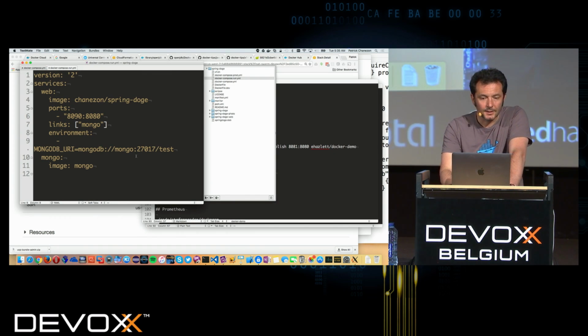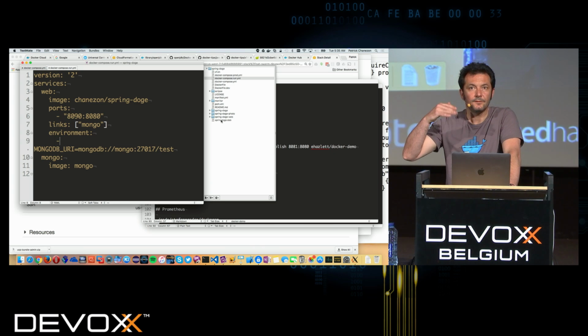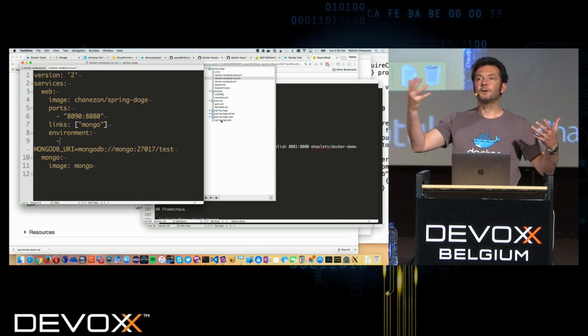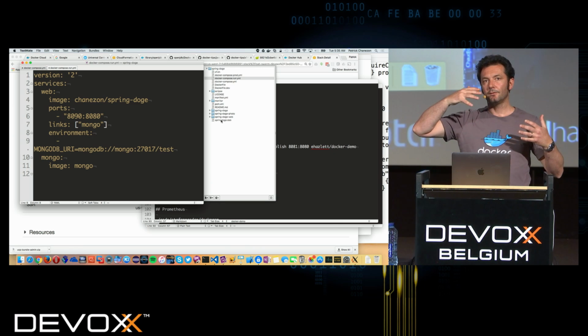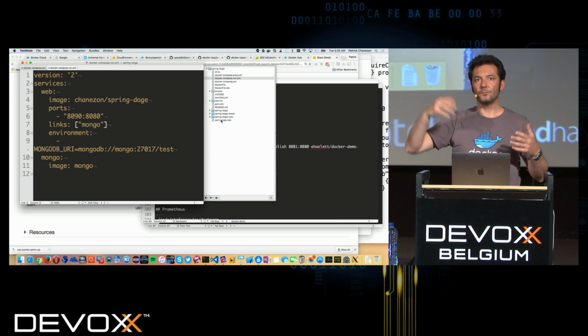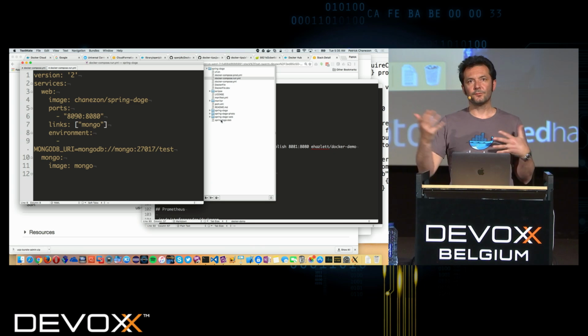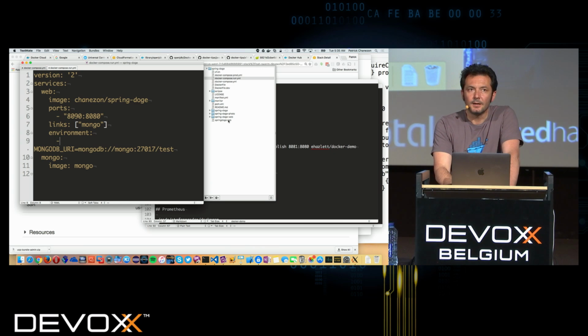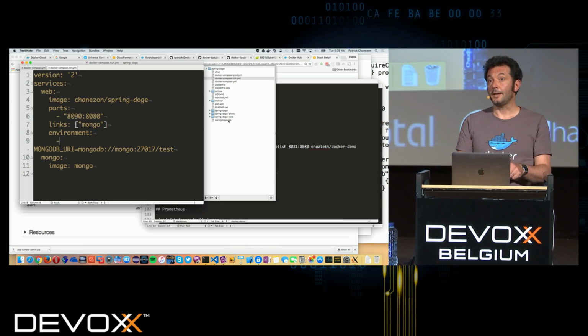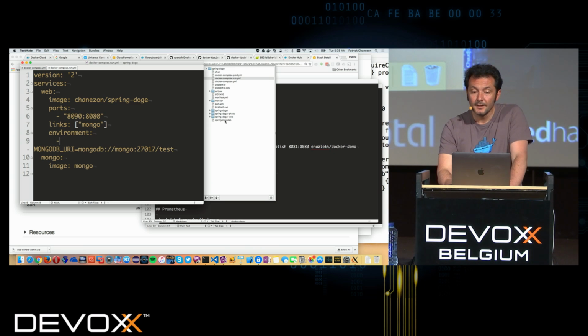So this is swarm mode. In swarm mode, I cannot use compose; compose and swarm mode are not compatible. Compose works with swarm 1, not with Docker 1.12 and swarm mode. The team is working on it to try to remediate that in 1.13. But in Docker 1.12, you either use Docker service create, and you could create services manually, or you use